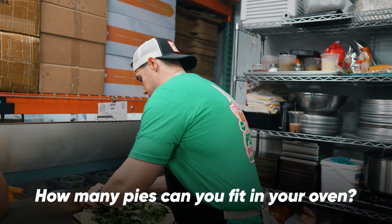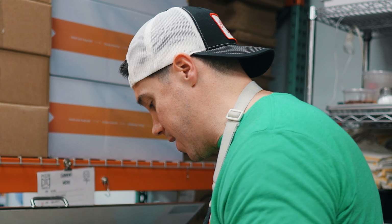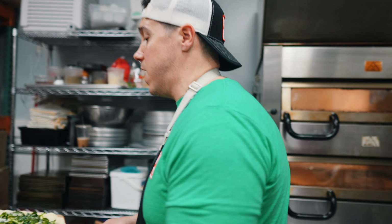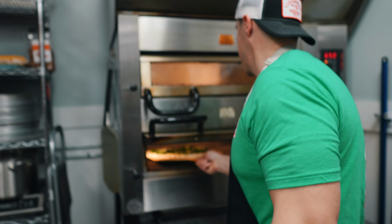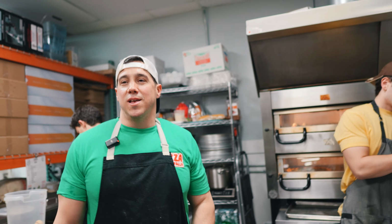How many pies can you fit in your oven? We've been doing 4. Yeah, 4. And then sometimes with the pan crust, we could double stack them. We could fit 8. Double stack, like one in front of the other? Yeah. But I try not to stress our...